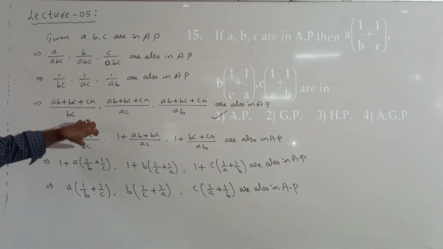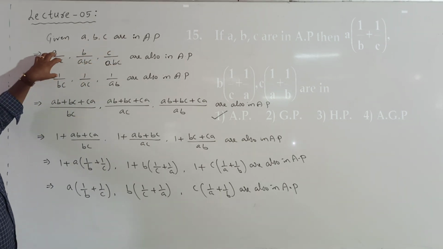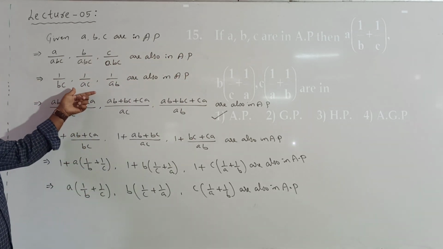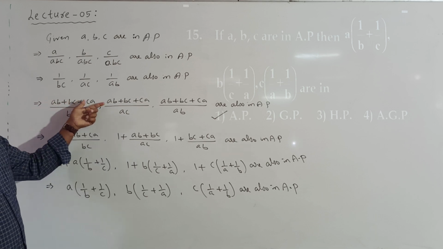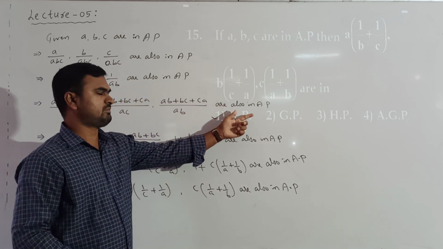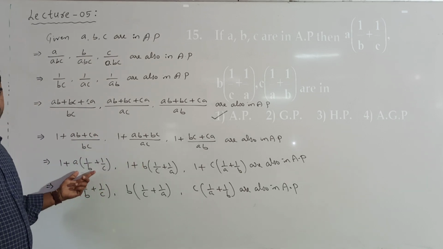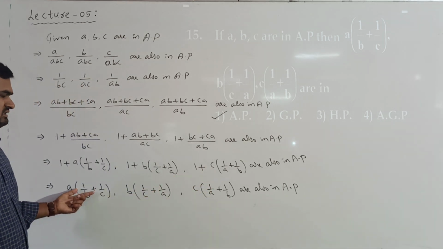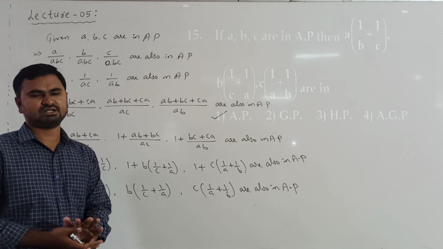You have to understand the steps. Given terms in AP, if we divide by some constant, still it forms AP. After dividing, we multiply each of the terms by AB plus BC plus CA, still it forms AP. Now again dividing separately, we have terms with 1 in each of them. Subtract 1 from each term, still it forms an AP. So the required answer is arithmetic progression.